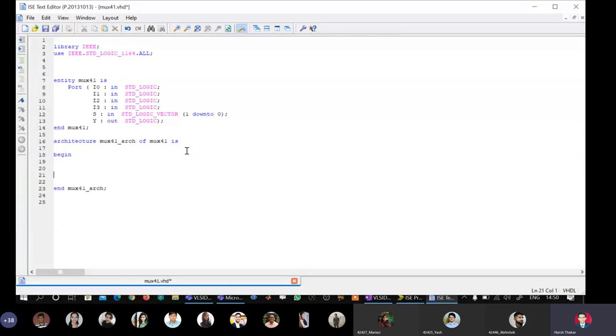Okay, so here what I will do, I will first use process clause. Okay, so I will say if s equal to double quotes 00, then I will say y is assigned I0. Okay, so now I'll copy this basically.